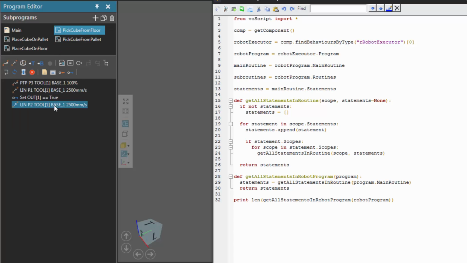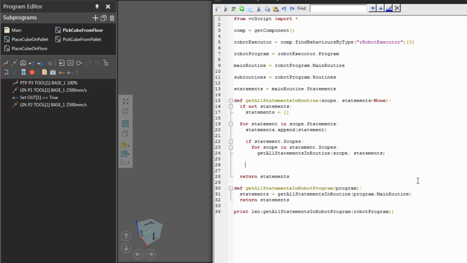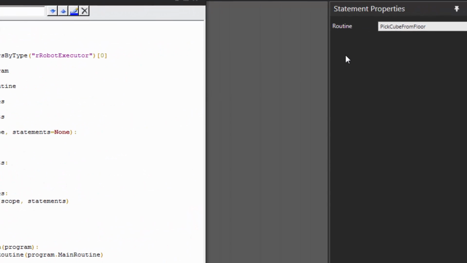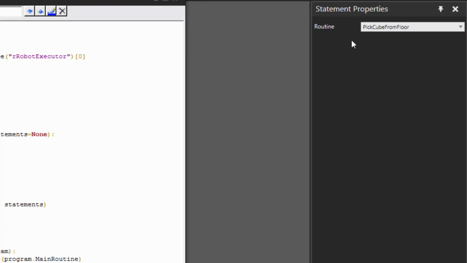So to fix that, we don't have to make any changes to this method here to get all the statements in a robot program, but we can alter this method here to get the statements in a routine. So what we can do, let's add another condition here. And I'm first going to go back to the main routine and show you what I'm talking about. So if I select one of these call sequence statements, in the statement properties panel it has a routine property.